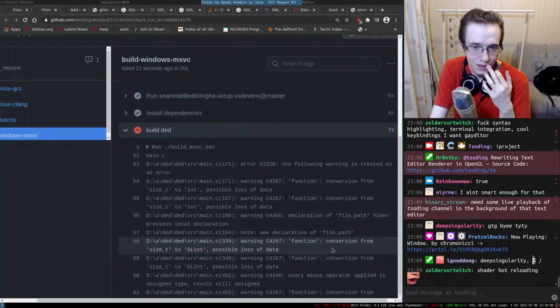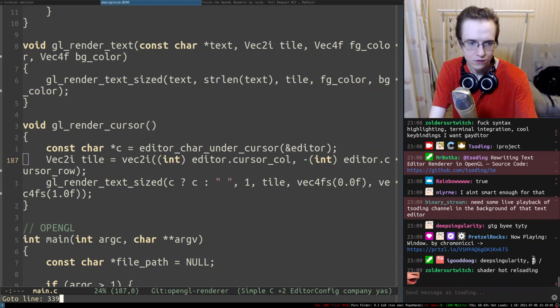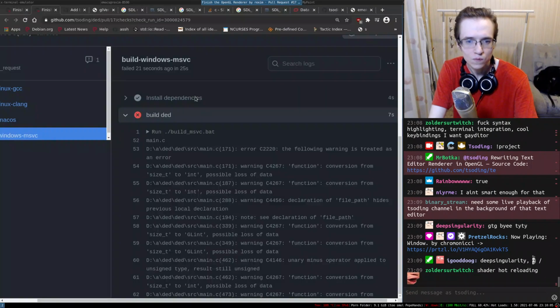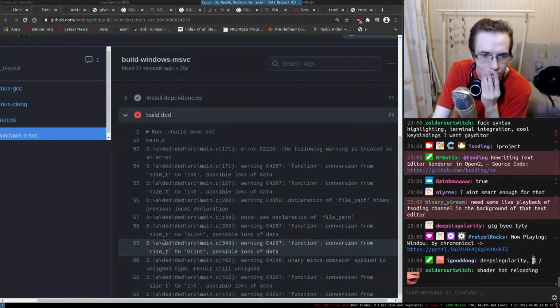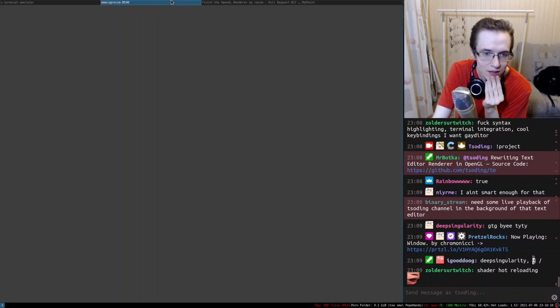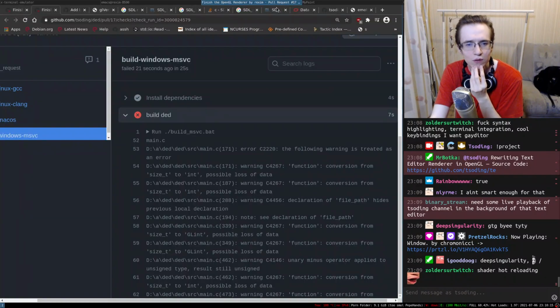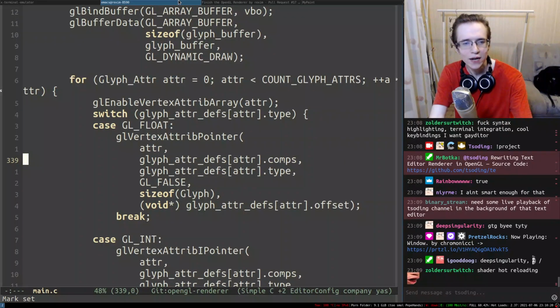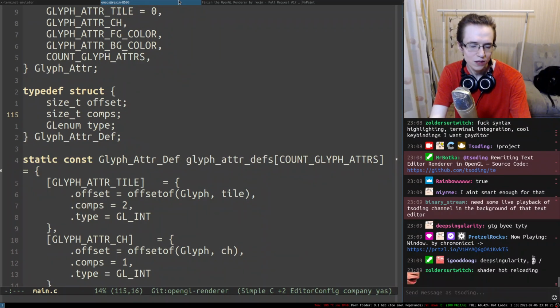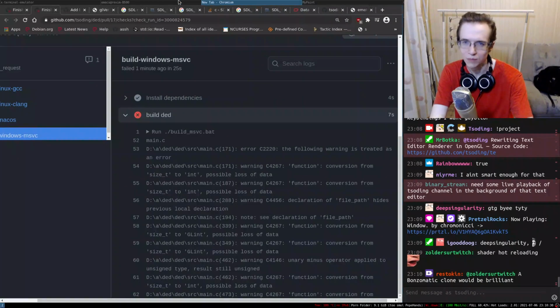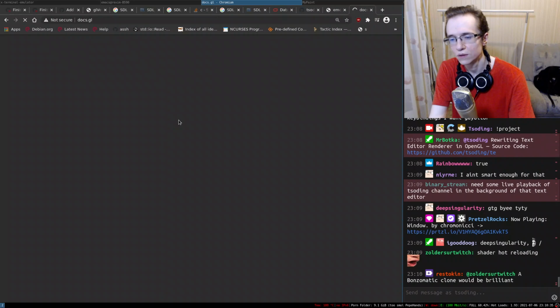194. Okay. 339. From size_t to GLint. Oh, this one is rather interesting. Really? Why did it work before? How did it work before? Amount of components. Well, okay, so maybe the amount of components should be what you would expect. So let me actually find that function.